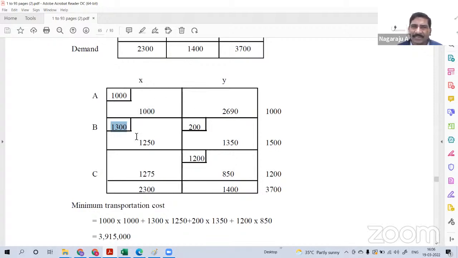Now immediately I will go to the right, along the horizontal line. That horizontal line has the cost 1,350. Now here 200 will be allotted, because here 1,500 is there and I have already allotted 1,300, so the remaining is 200. So here 200, then